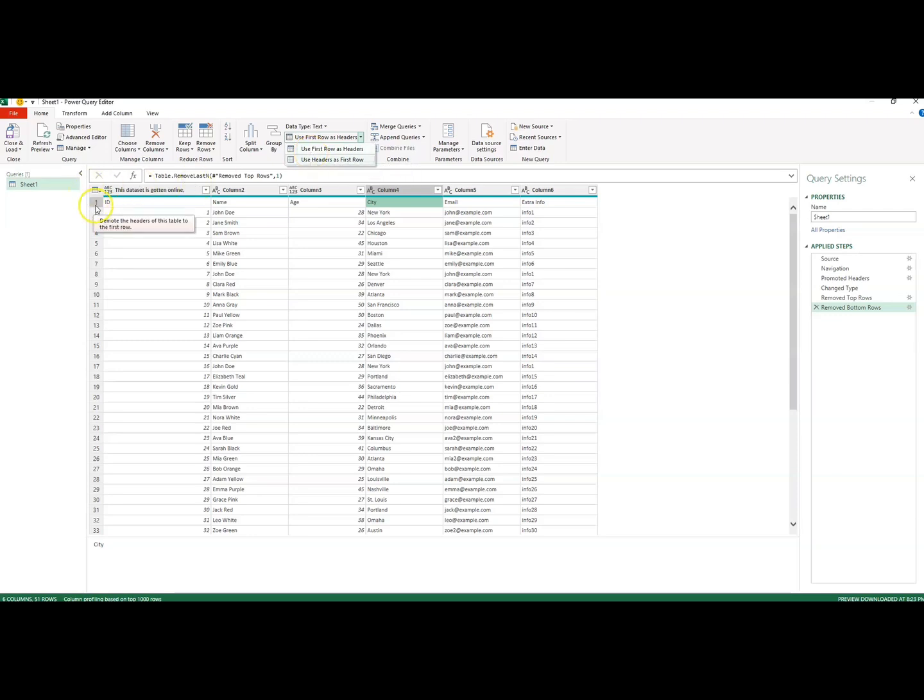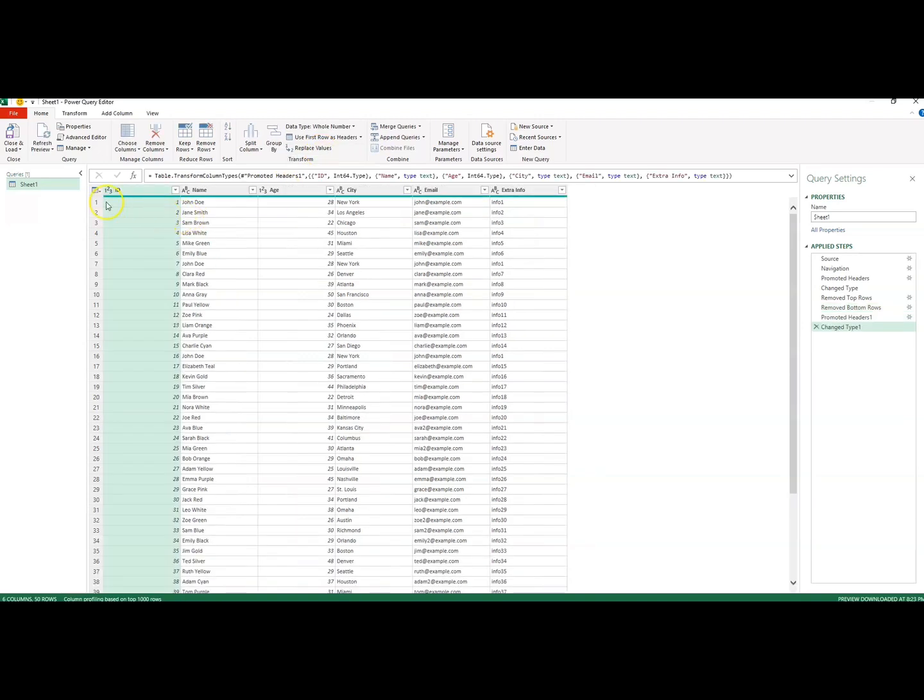Currently, my first row here is meant to be header, so I'll click on use first row as headers. Then boom, we have this. Then you notice we have another step recorded here. This was the step we just applied. We promoted headers, but automatically Microsoft Power Query helped us to